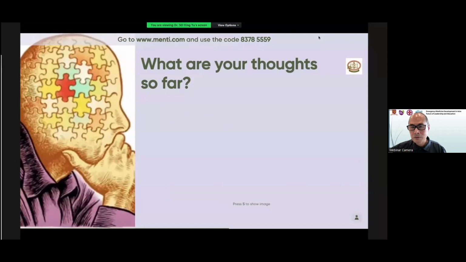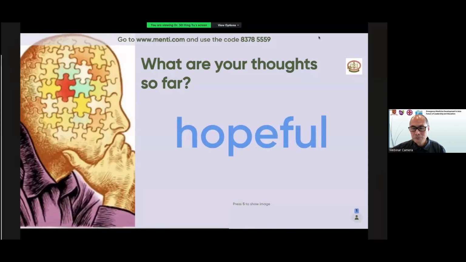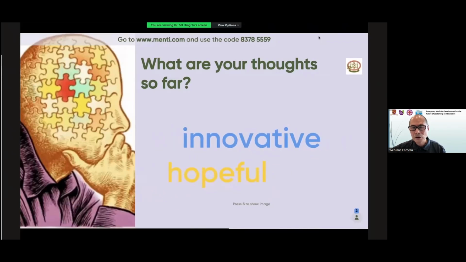So what are your thoughts now after listening to those things? Again, you can use the same thing, word cloud, to express your ideas here. Up to 3 descriptors. Hopeful, okay? And afterwards, I can download these, and then you can compare the 2 word clouds to see whether it is different or not. Innovative,